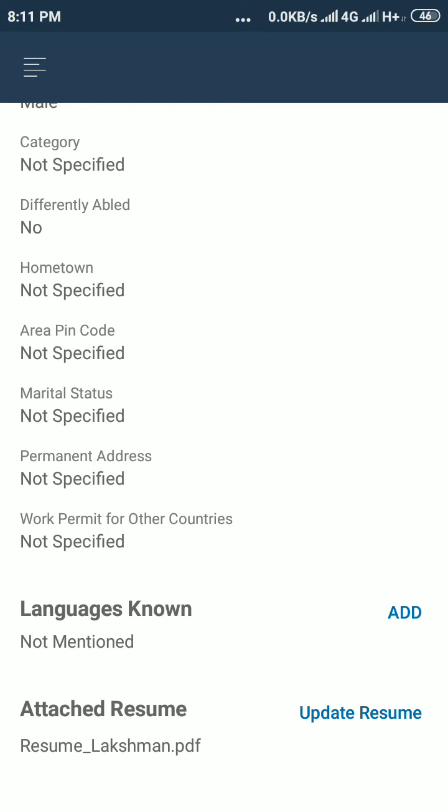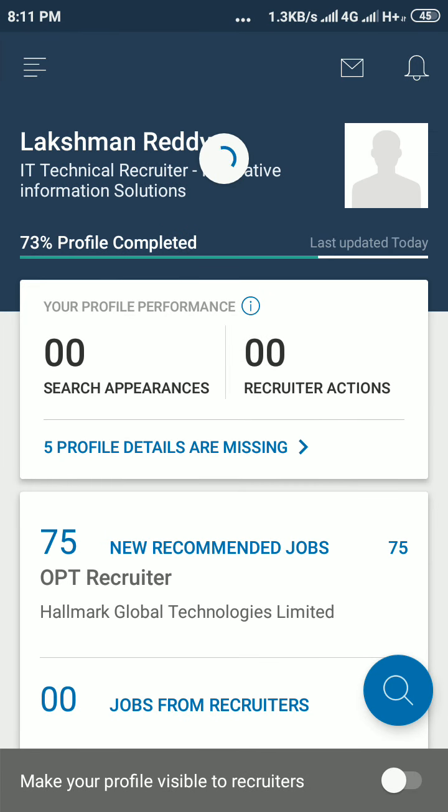So one more thing, we can also understand how to make profile disable from recruiters. Okay, so just take it here in the bottom of the mobile app. You can see here, make your profile visible to recruiters. So there is an option, on or off options. If you select the on option,